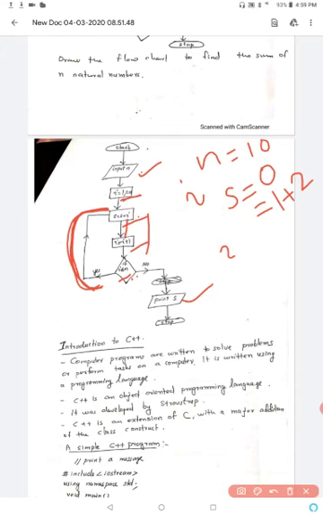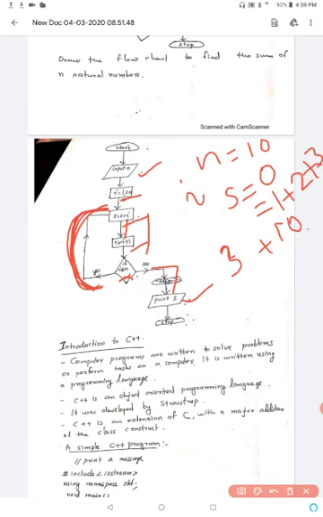Again we come here, I equal to I plus 1, I value becomes 3. Then again check this condition, I less than or equal to 10. So again it will go back, s equal to s plus I. I value is now 3, so 1 plus 2 plus 3. Similarly this will continue until 10, so 1 plus 2 plus 3 up to 10. N elements get added. After that, this condition becomes false and it will come out of the loop and print the value s, then stop. The sum value will get printed and then stop.